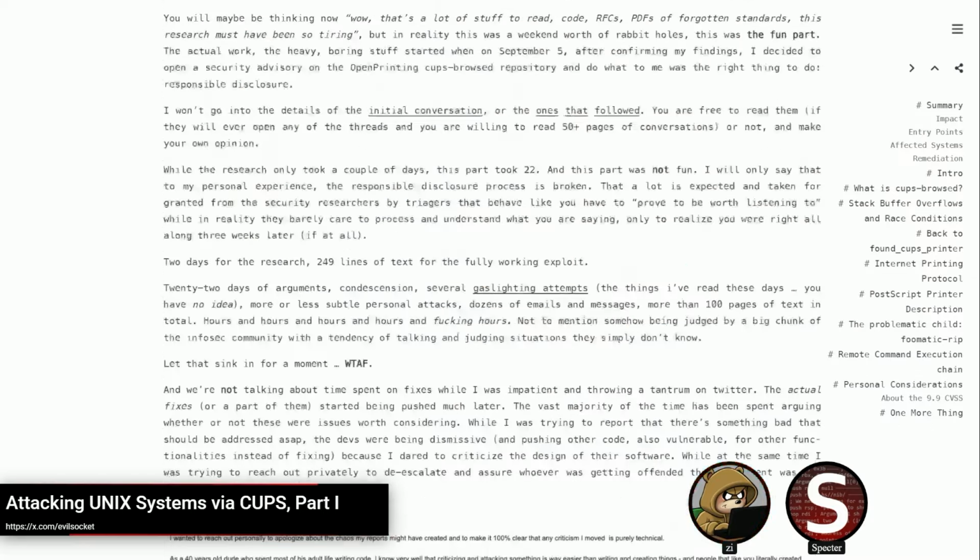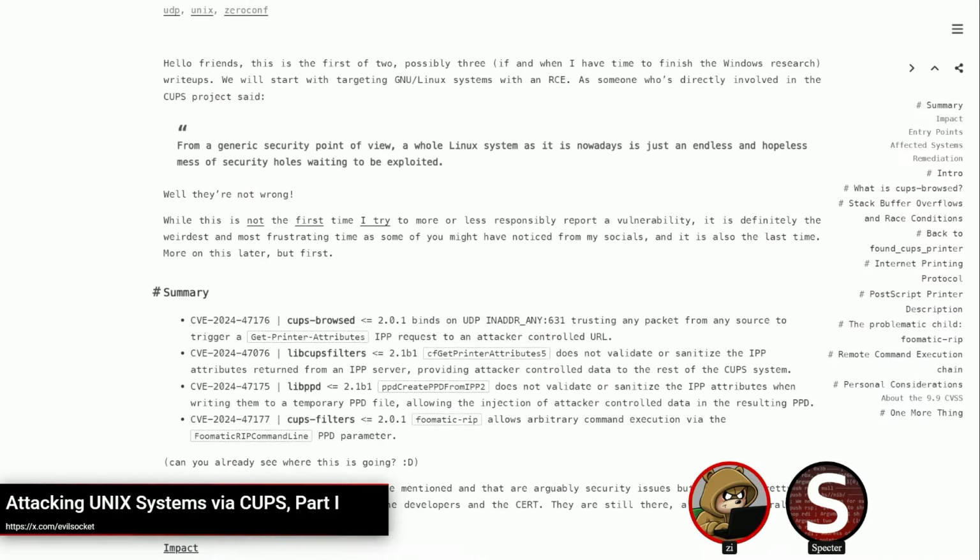That's kind of my feeling about a lot of the GNU Linux tools in general, like coreutils and everything else. There's a lot of ancient C code that has grown into this spaghetti mess of code